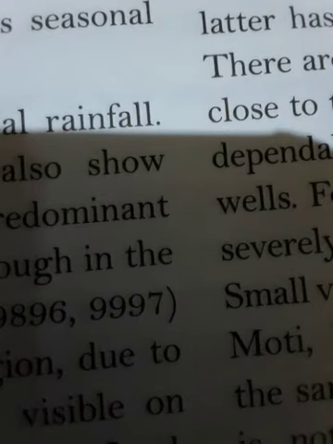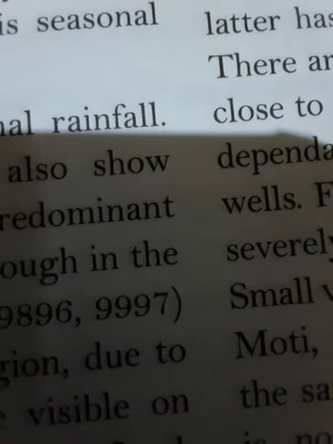The physical divisions can be clearly identified. The physical features which can be clearly identified are: first, the hilly regions of the north; second, the lowland near the Banas river; and third, the sandy regions with occasional sand dunes in the south. Now, first, the hilly region of the north.